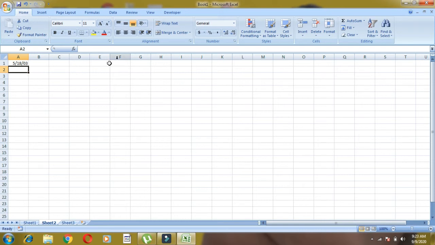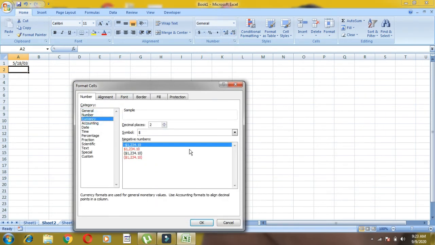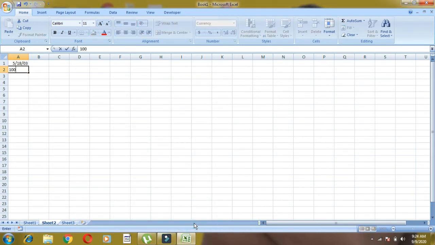So we can even go for the currency also, children. Even we can go for currency symbols from here. Right now we have a dollar only, so I'm selecting dollar, let it be. Now if I click 1000 and press the enter key, see here the dollar sign appears at the beginning, and it takes the decimal values like two zeros, 0.00. So all these things can be set by format cell, which belongs to the number tab.